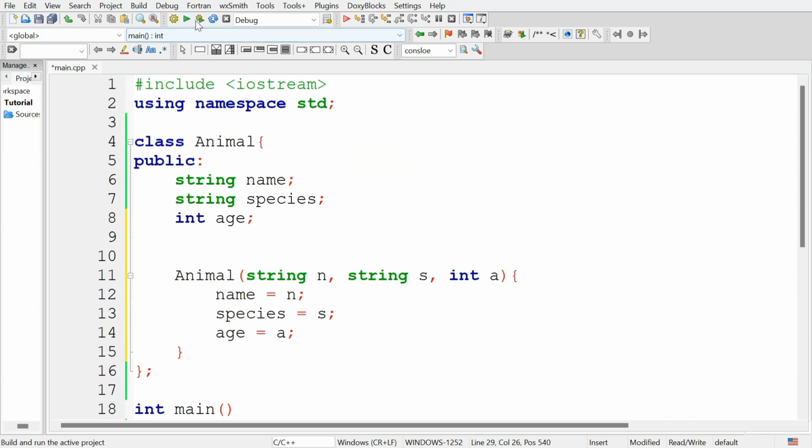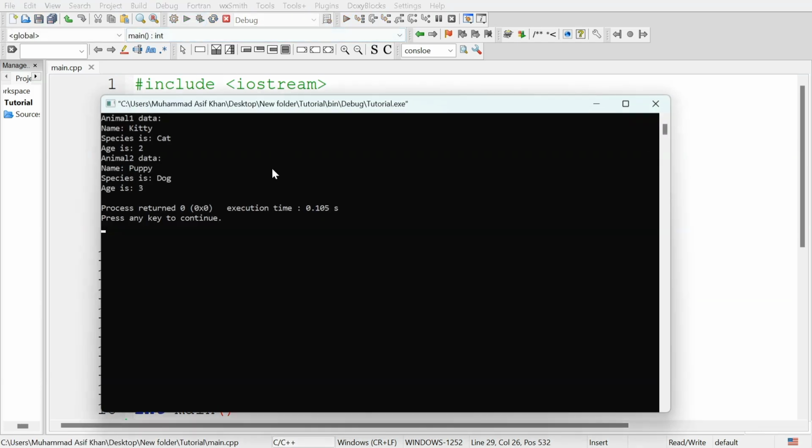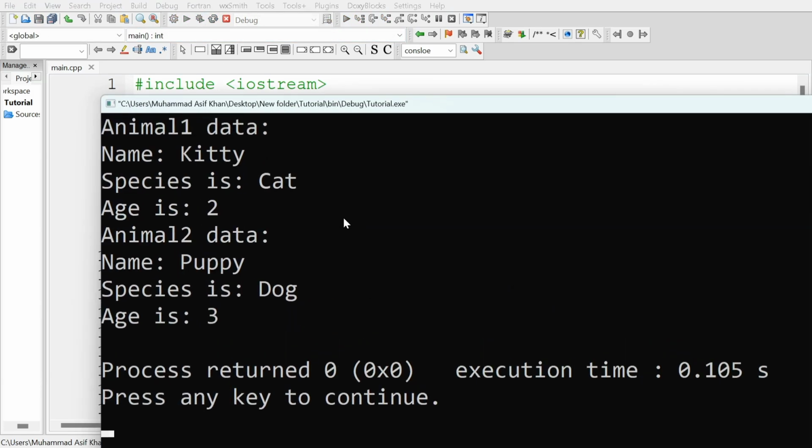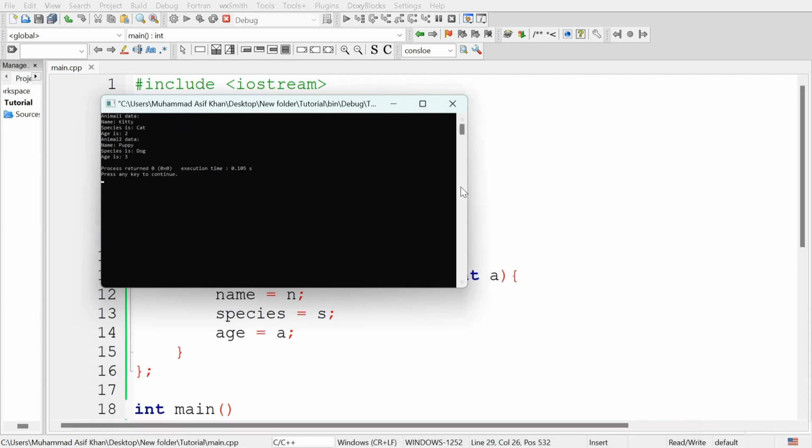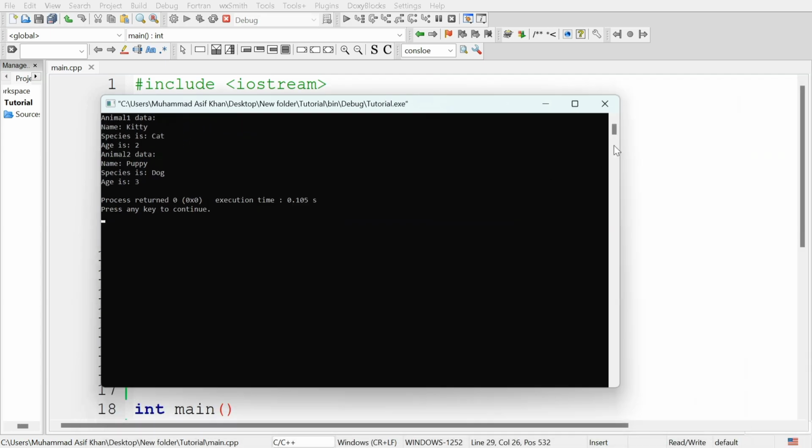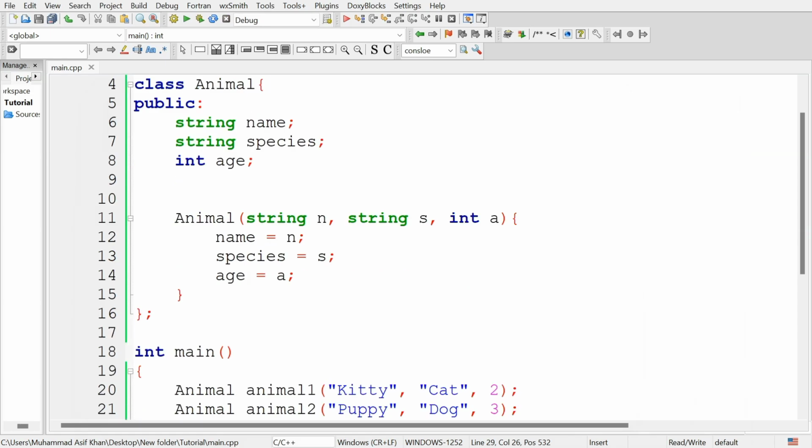Let's run the program. You can see it displayed the same output: animal 1 data, name kitty, species cat, age is 2; animal 2 data, name puppy, species dog, age is 3. So this is the constructor.